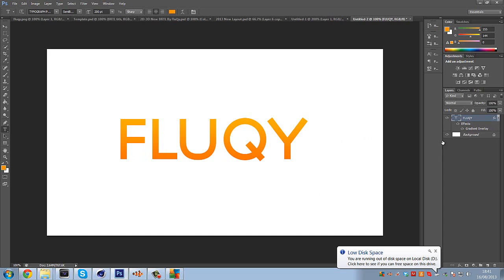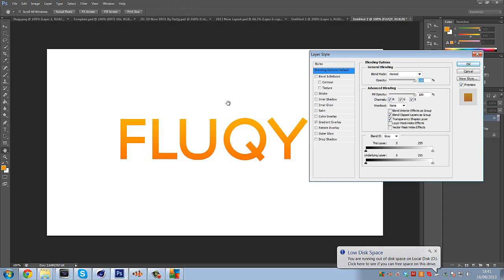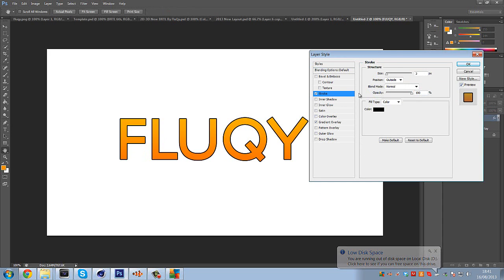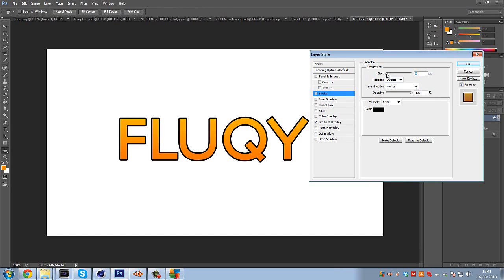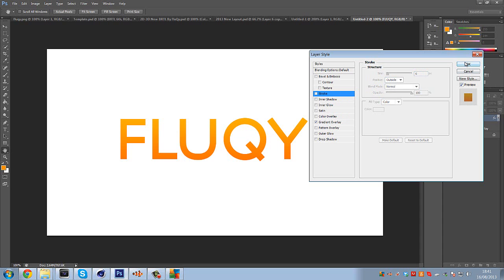So of course, if you want to do other things, like put an outline on the outside, that's really easy. You just use stroke, and as you can see, if you just bring it up, you can do however thick you want, like that. Another way of actually doing stroke your own way, so say if you wanted to put a texture on top of the stroke, which you can't do,